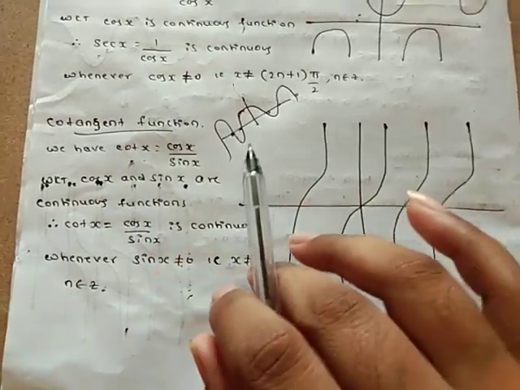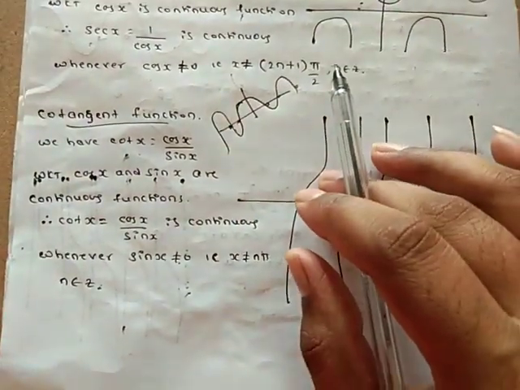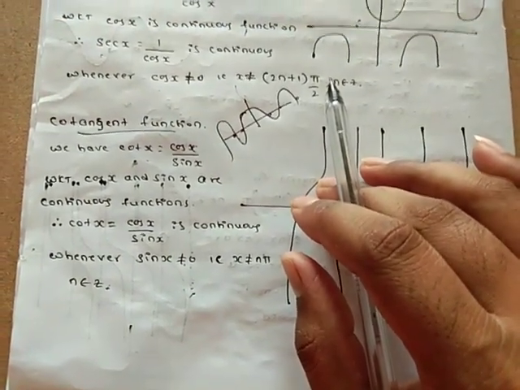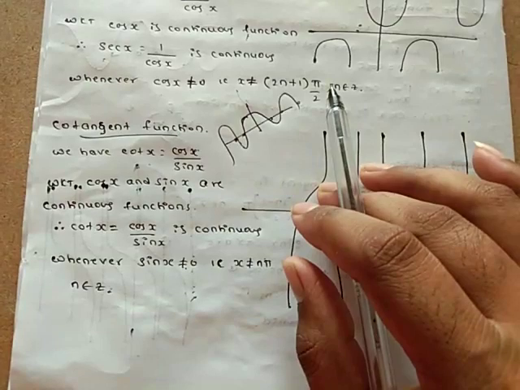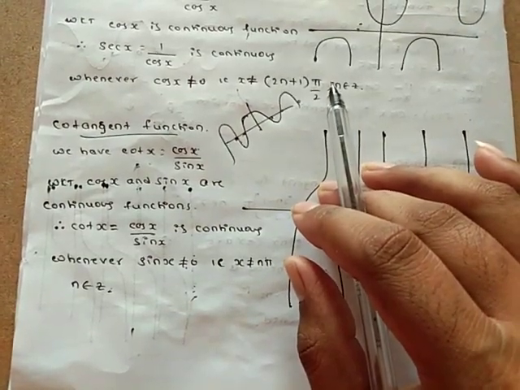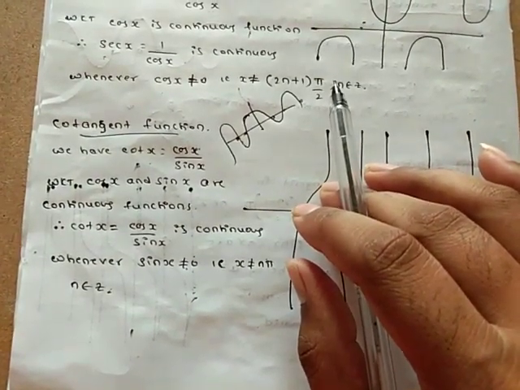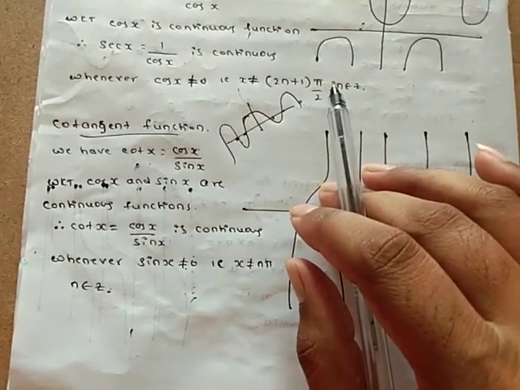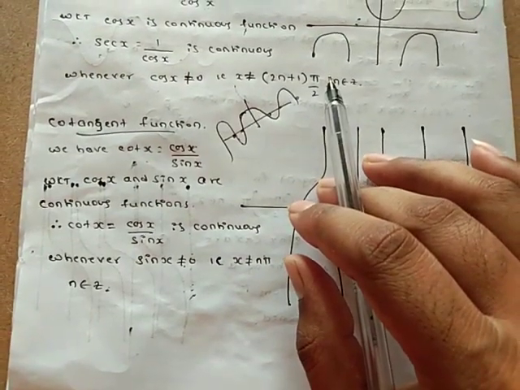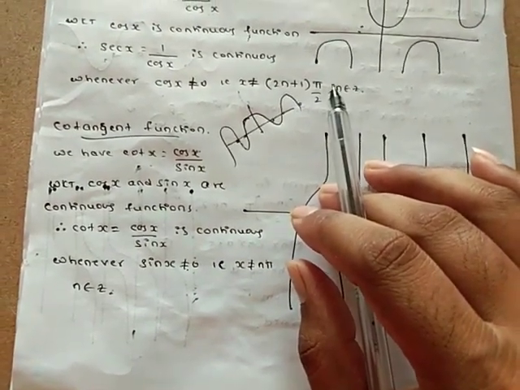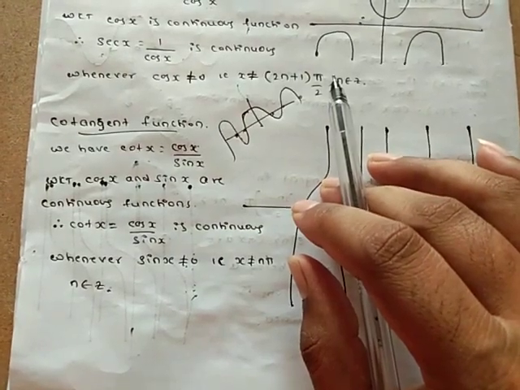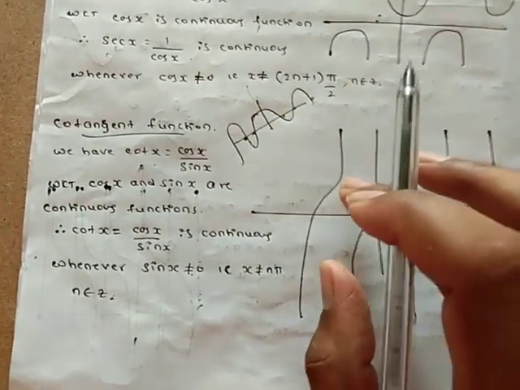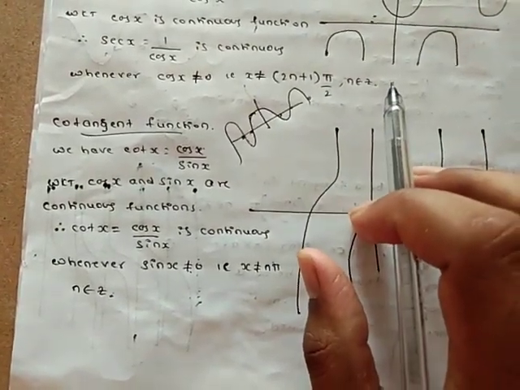So in this video we have found that the 6 trigonometric functions, which are sin x, cos x, tan x, cosecant x, secant x, cot x, are continuous functions. We have mentioned that every trigonometric function is a continuous function wherever these functions are defined. Where the functions are not defined, on those points these functions are not continuous. Wherever the functions are defined, then only we can say that the given functions are continuous. Are you getting the point?